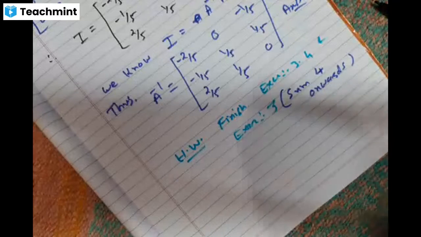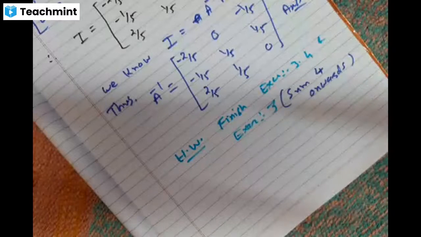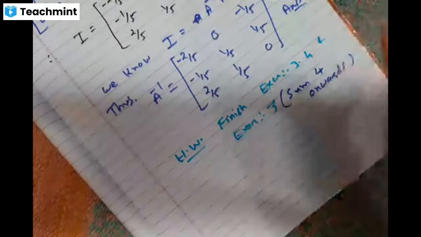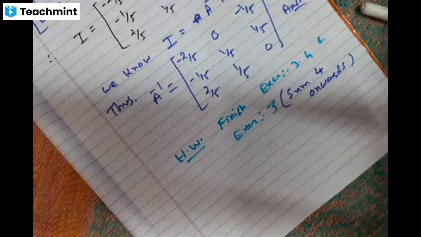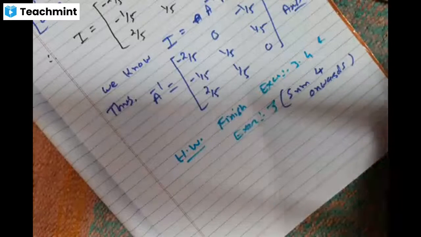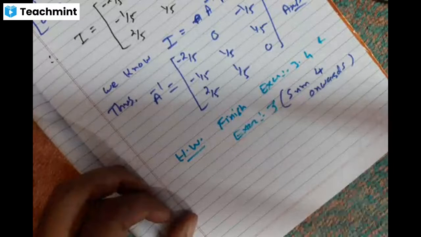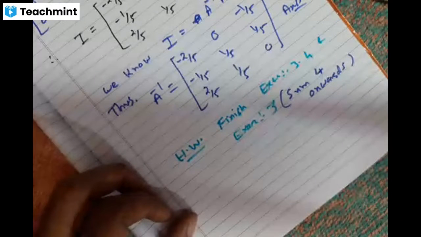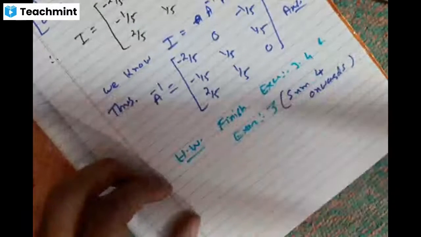Otherwise, I am planning to start the next chapter in my next lecture, that is determinant. Okay, we'll begin with the new chapter, determinant. And once the determinant is finished, there will be a unit test. If not conducted by the government, most likely the government will take the test. Every year they take it. Last year also they took 25 marks. If not, then I am going to take it definitely. Is that clear?